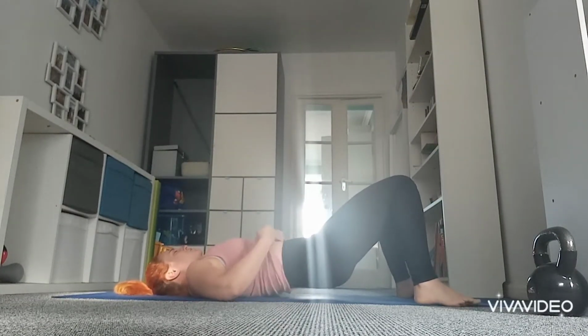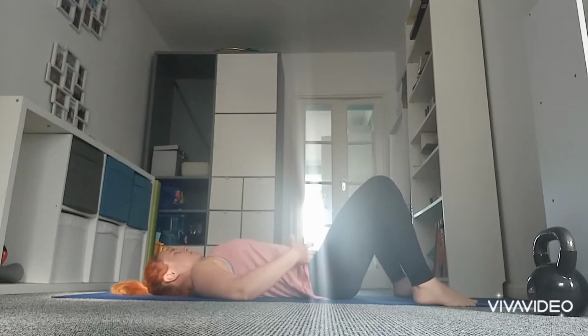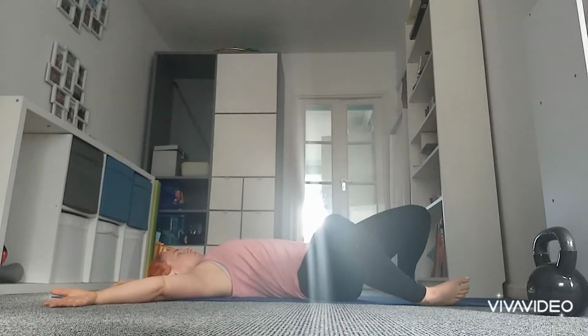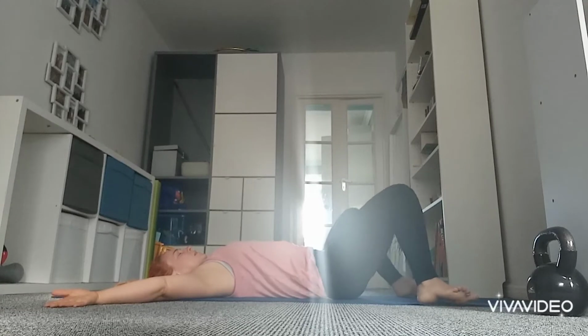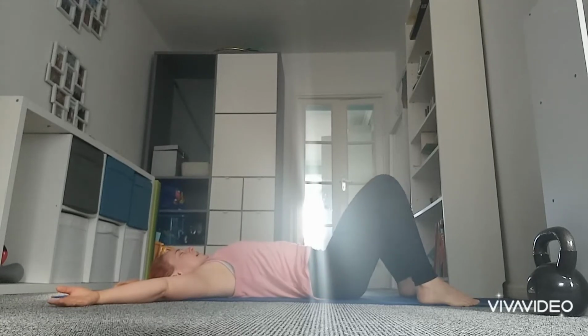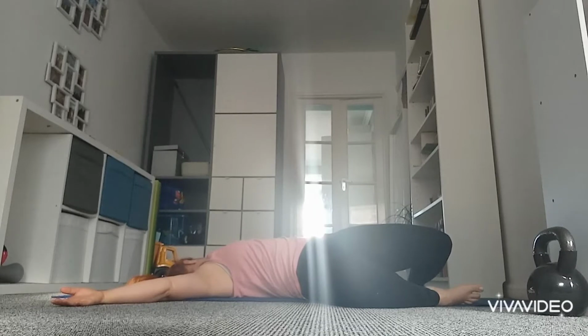Go ahead, adjust your t-shirt, your leggings. Drop your bottom to the floor. Take the arms out nice and wide. And then we're just going to windshield wipe the knees down to the left. Back through center, over to the right, back through center. And again, we're going to rock the head, this time taking the nose in the opposite direction